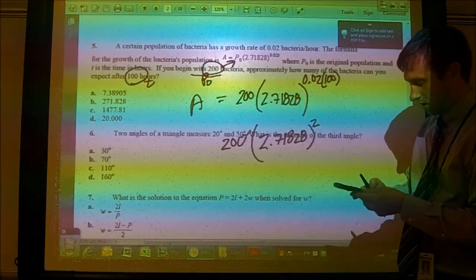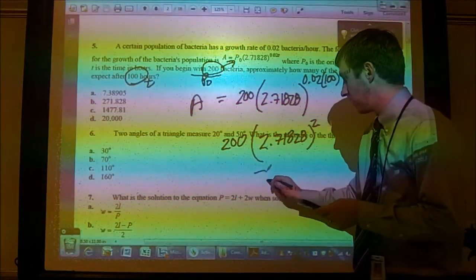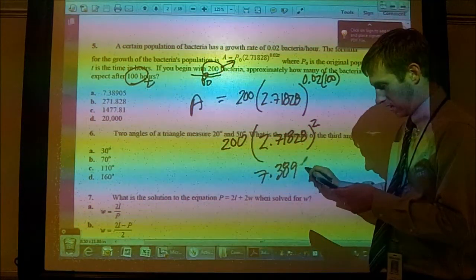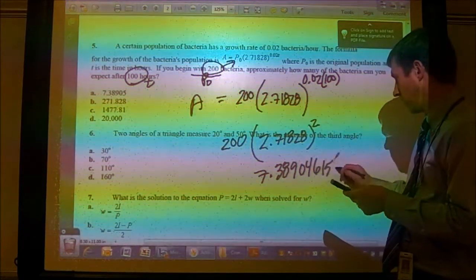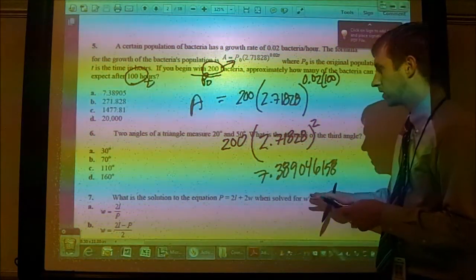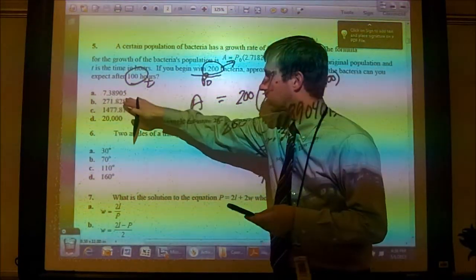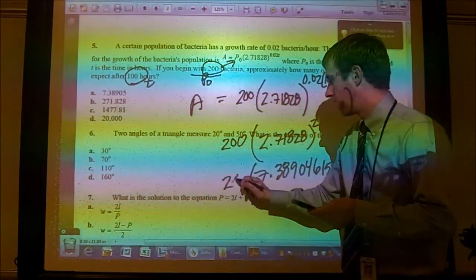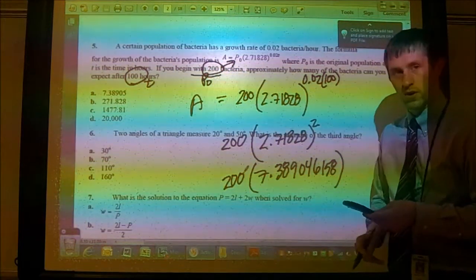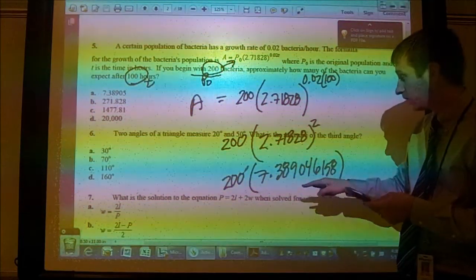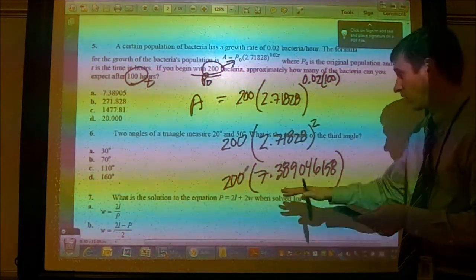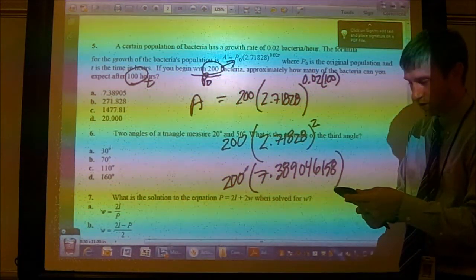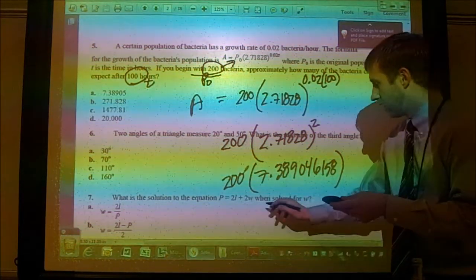2.71828 squared gives you 7.38904615. Now you don't necessarily have to carry it out that far, but we do see the decimal places carrying out here a little ways, so we don't want to shorten it too soon. And I need to multiply by 200, right? Now, notice something here. I don't need to clear out my calculator and retype this all in. That's in my calculator right now, so I'm just going to hit times 200, and I get